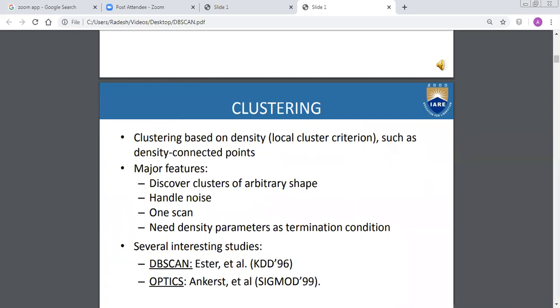So, clustering based on density. The name reveals it: density based clustering is nothing but clustering based on